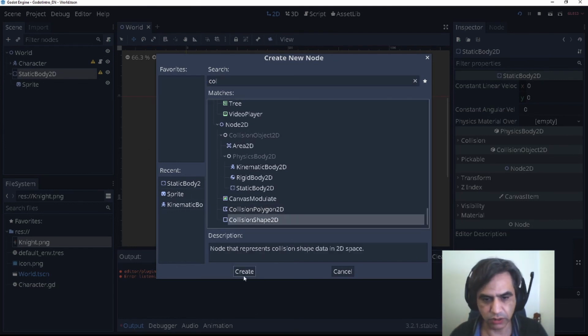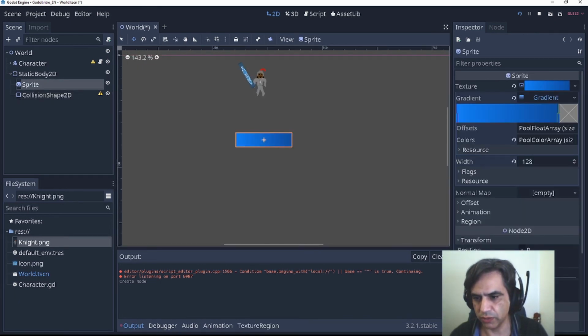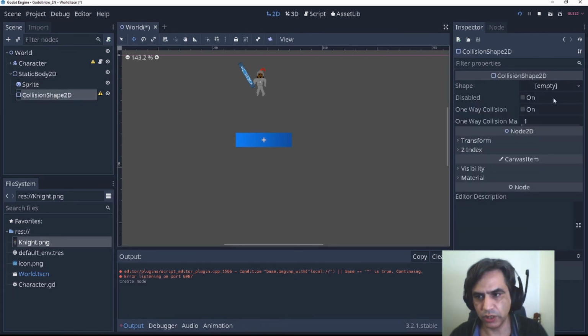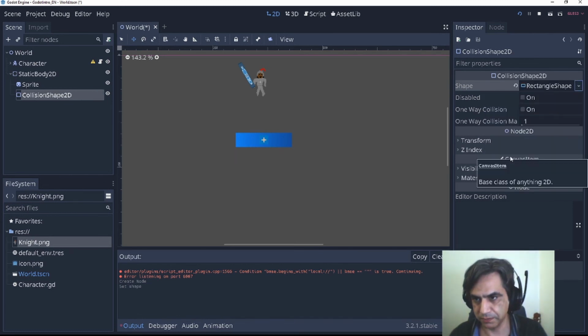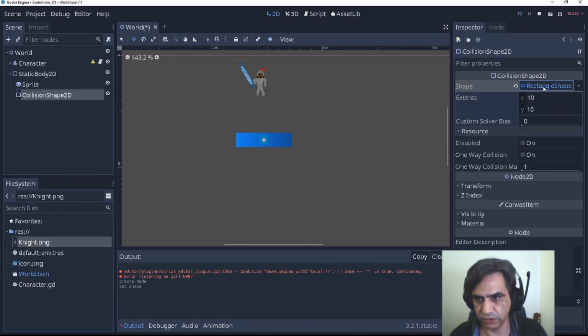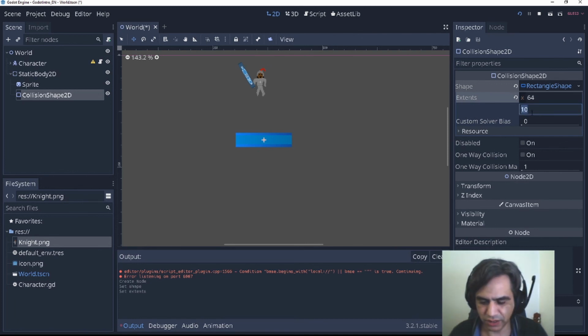We can also do a polygon, but for this it makes more sense to have a collision shape 2D for this object, and because we selected 128 by 32, we are going to say that the shape is going to be a new rectangle. We press here on the rectangle, and you say that the x is half of the 128, so 64, perfect. And the y is half of the 32, 16, yeah, it is.